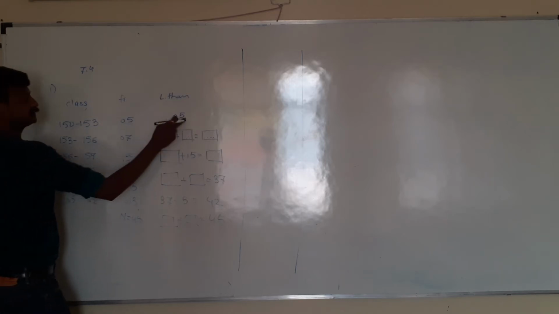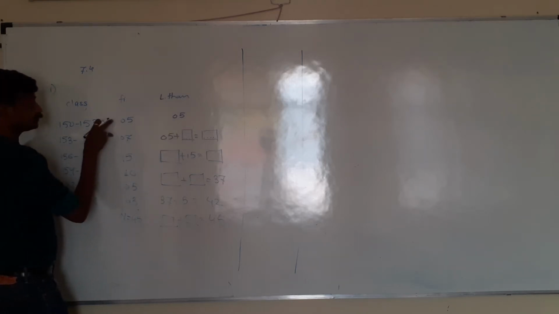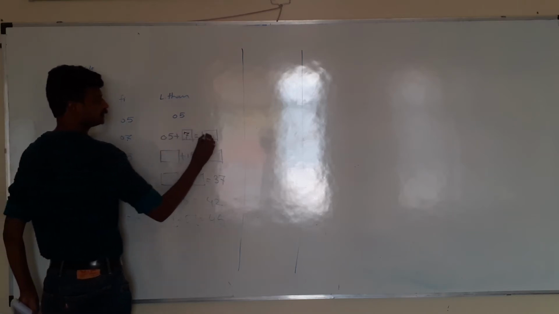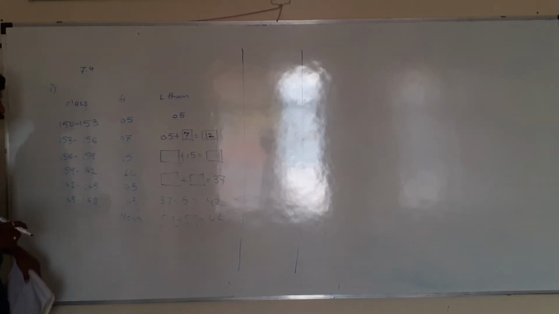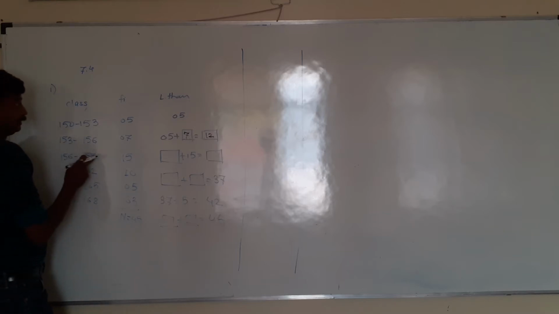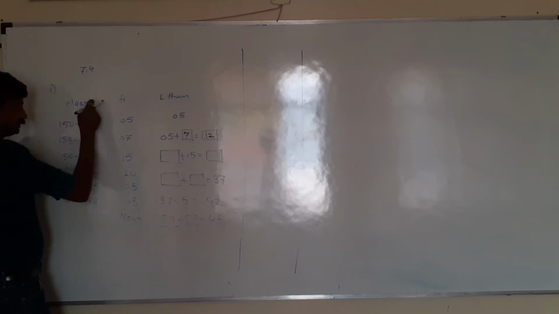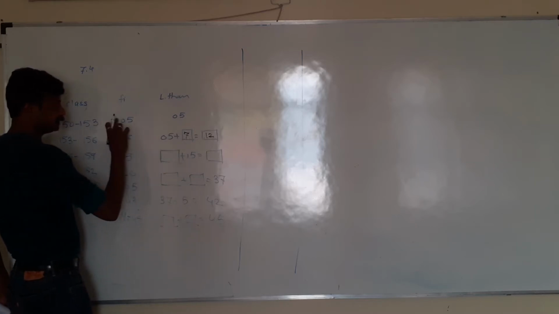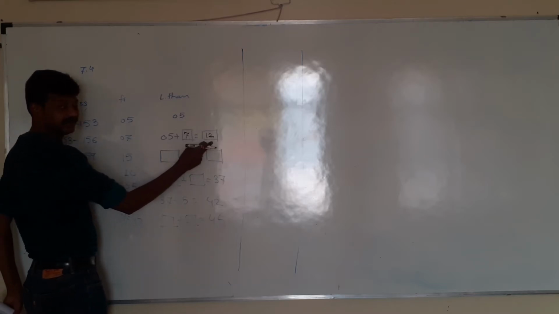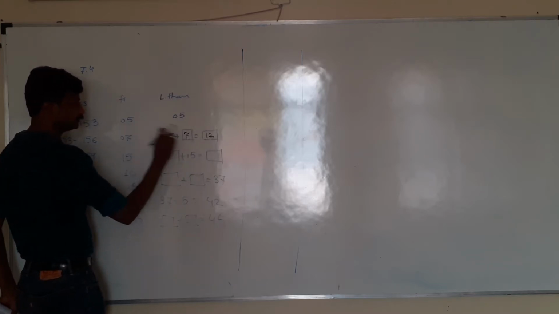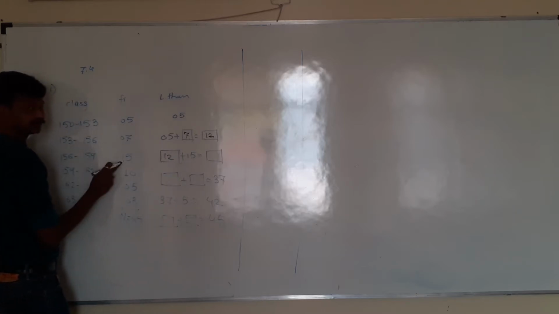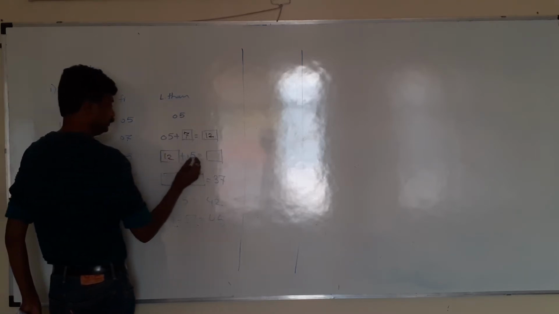So for first class it is 5. For the next class it will be addition of 5 plus 7. It will come in this box, 7, and 5 plus 7 total will be 12. Next, cumulative frequency less than 159. Addition of all the three frequencies, 5 plus 7 plus 15. So 15 is mentioned here and addition of these both is already there in the previous class. That total of these two frequencies is 12. 12 plus frequency of the third class 15, 12 plus 15 it will be